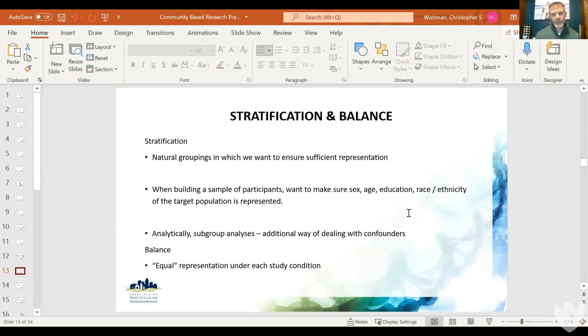And then the last couple of things about minimizing bias are the stratification and balance. Stratification is often the natural grouping. The most obvious one I always use in my stats class is if I look at an undergraduate student population, I don't want to just randomly sample students because I might end up with all juniors or all, I guess, are we allowed to call them juniors or are they 3rd years now? Anyway, it's 3rd year undergrads or juniors, but I might end up with a complete imbalance and not a representation of